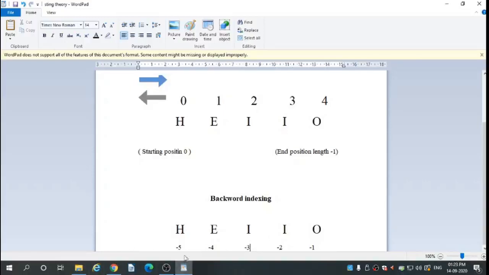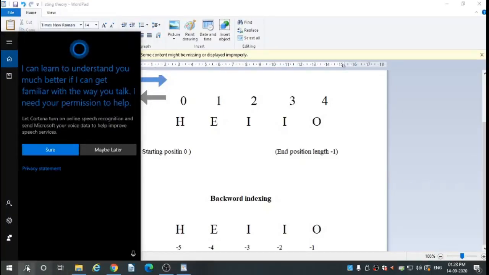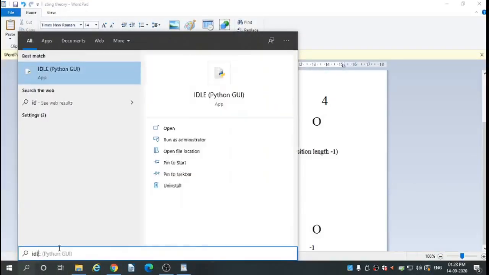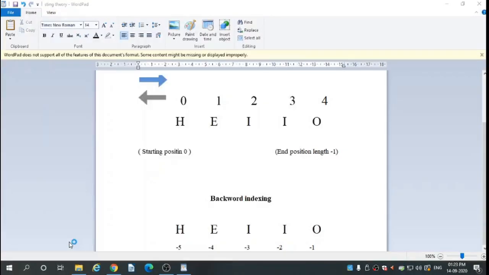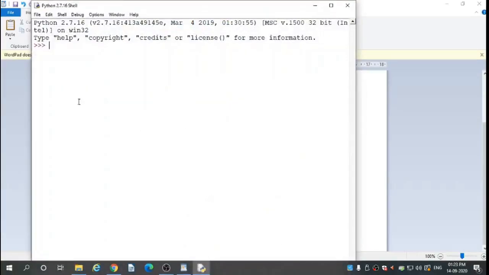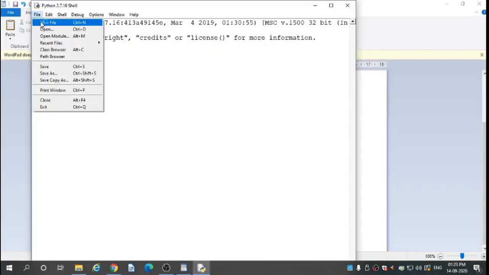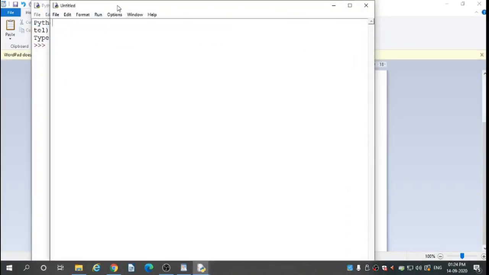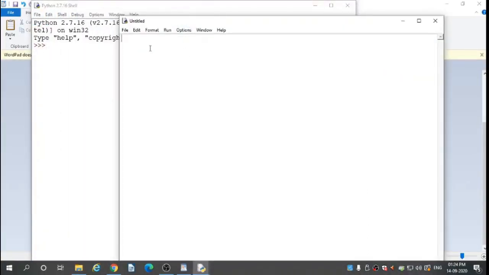So here I execute a Python program. First I go to IDLE. I open IDLE. This is our terminal page. I go to File, take a new file, and start my first program.